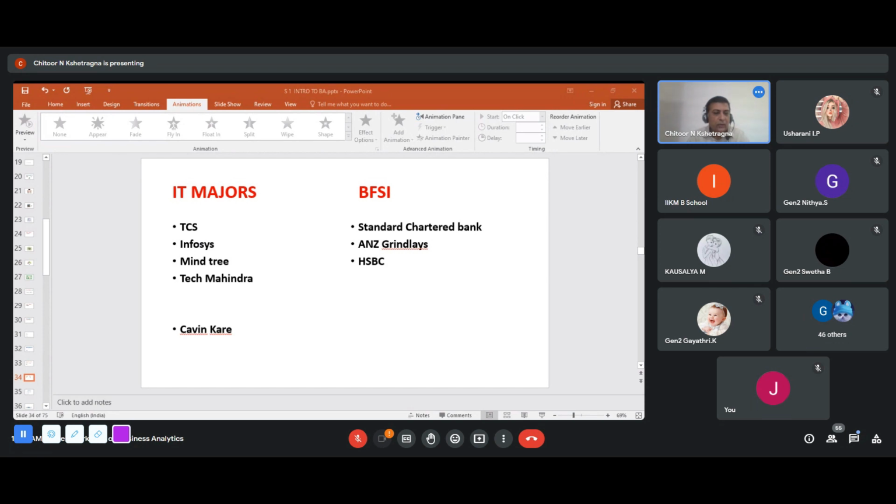So the market is big. You can decide if you've got a BCom, BBA, or technical skills. Generally, TCS, Infosys, Mindtree would prefer students with a BCA, MCA background or a BE in computer science or IT background, because ideally you need to have a computer background. That's the only reason as such.